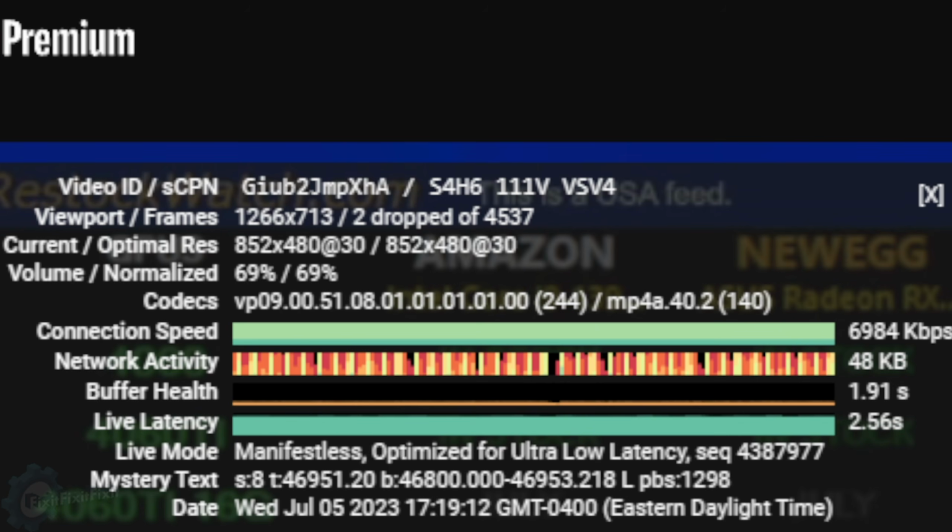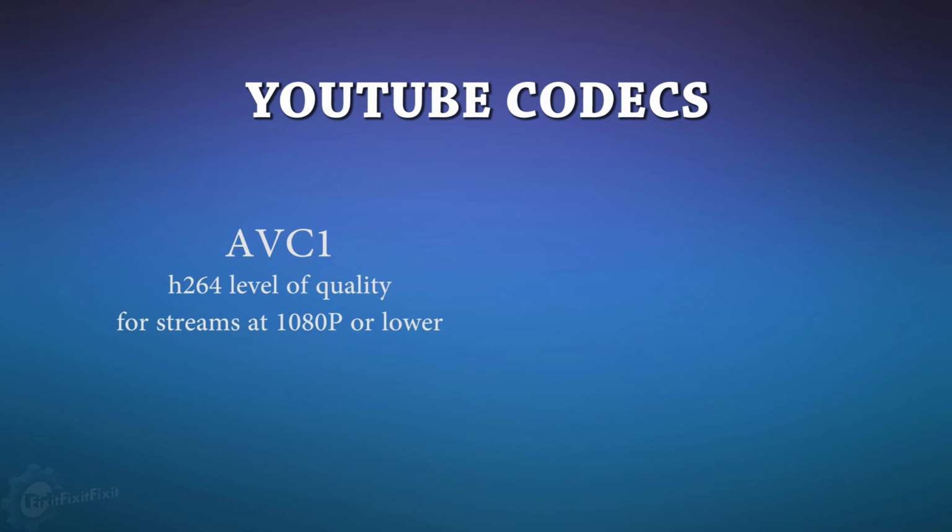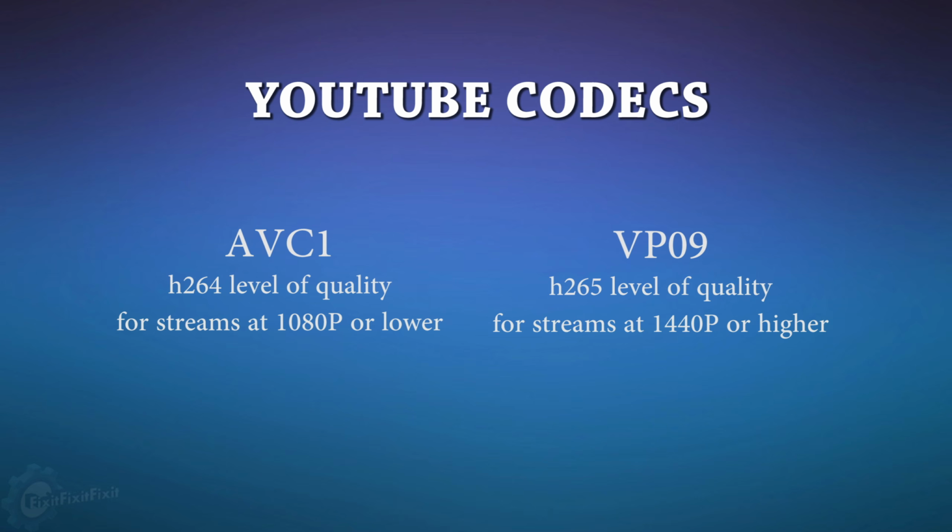Many people don't realize that YouTube has two codecs at play when they live stream. A standard codec, HEVC, and a high-quality codec called VP9. The way YouTube decides which codec your live stream gets is based upon the resolution of your live stream. 1080p or lower gets the standard HEVC codec, and streams with resolutions higher than 1080p get the VP9 codec, which